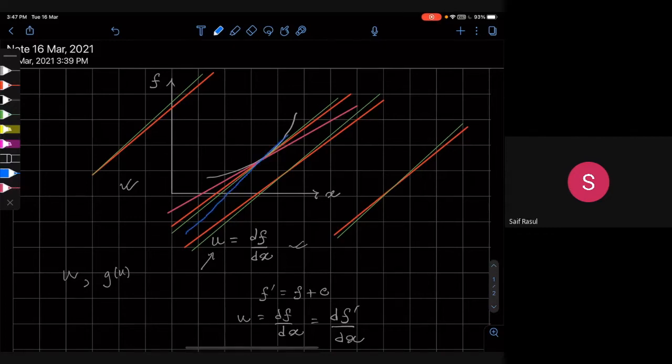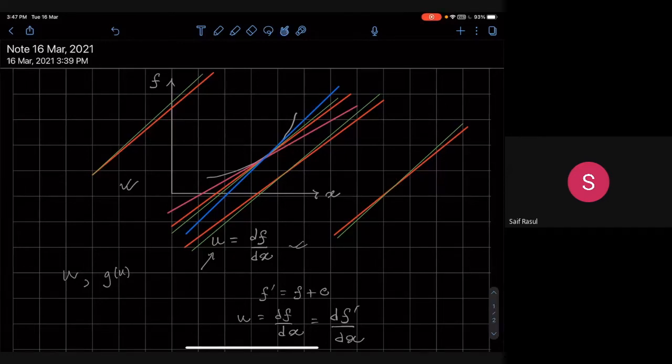So you have an infinite number of lines, the slope of each of which is given by u, and the intercept of each of which is given by g. If you draw all of these, there will be an envelope function for all of these, and that envelope function is the original function